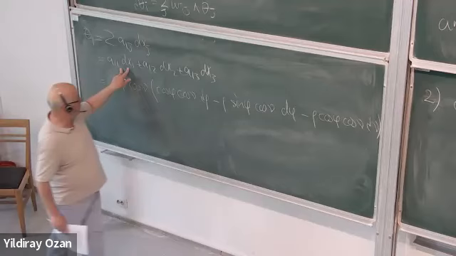Sine phi cosine nu d rho, plus rho times cosine phi cosine nu d phi, minus rho times sine phi sine nu d nu, plus